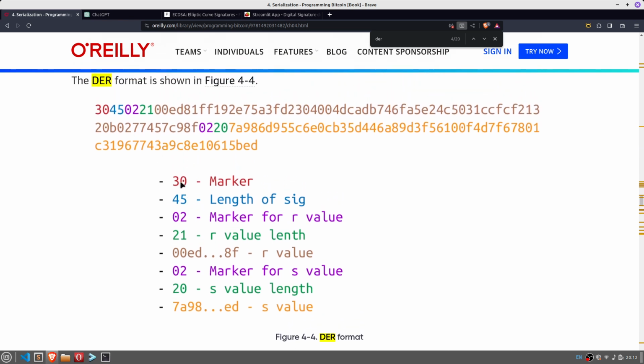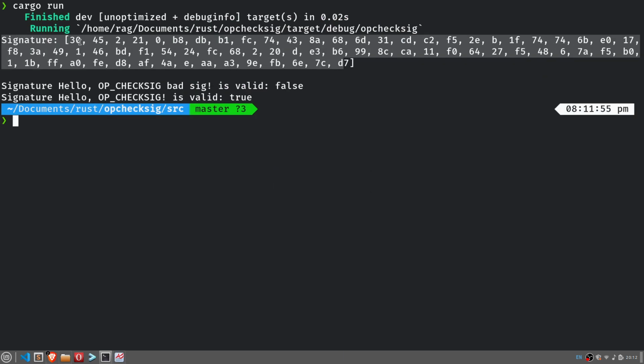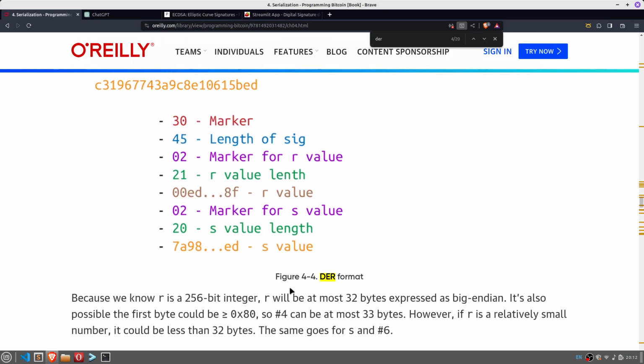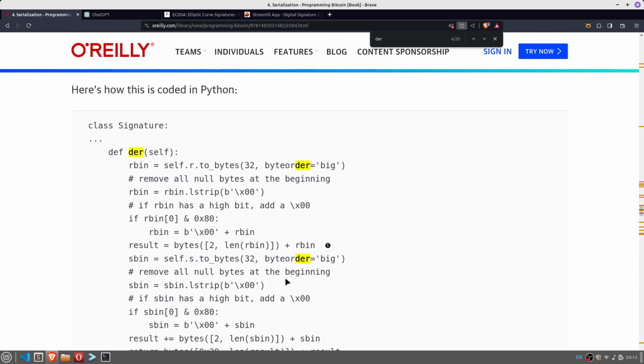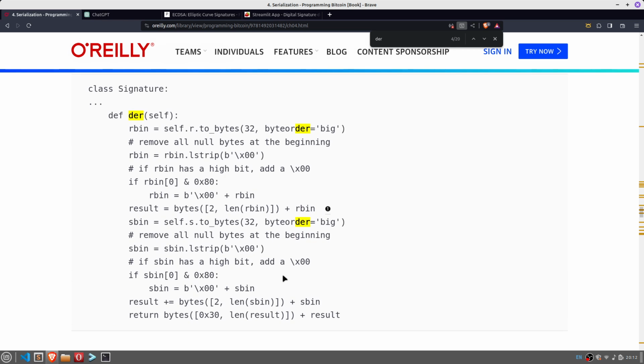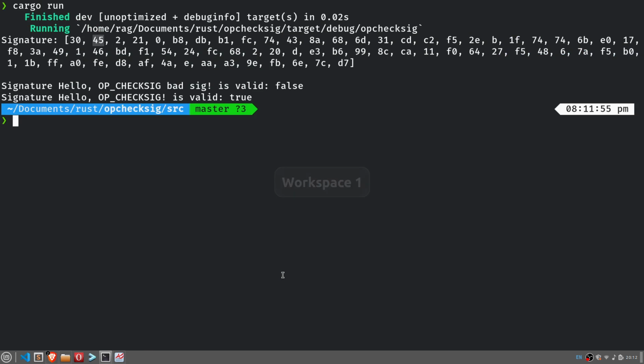You've got a marker, 30 and 45. So 30, 45. Marker for the R value. And so these will be different. And then you've got the R length, the R value, marker for the... There's some Python code as well if you want to try that out. So yeah, using the good message,